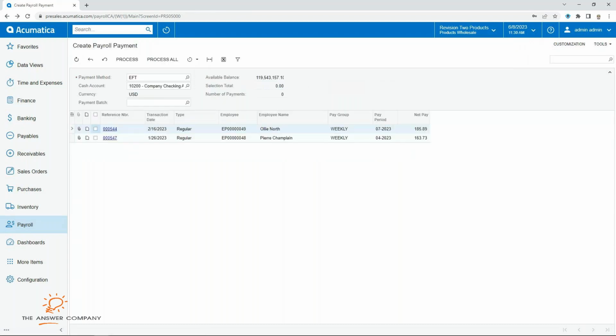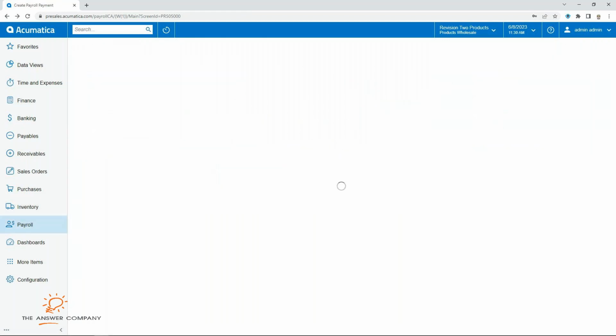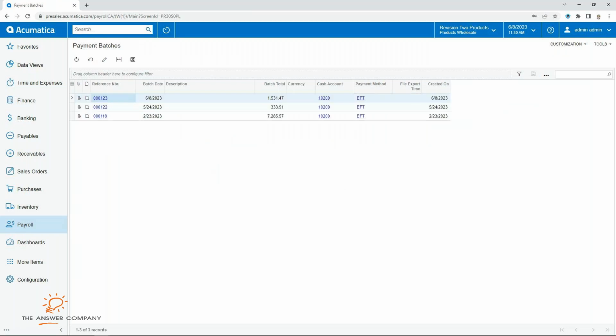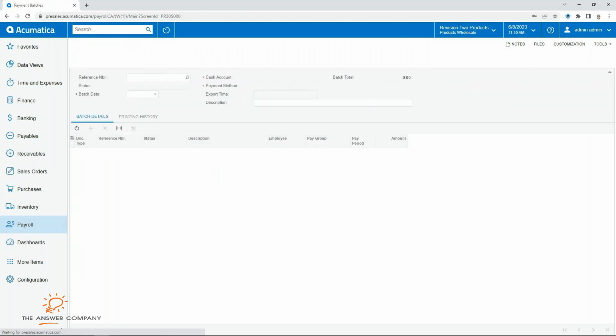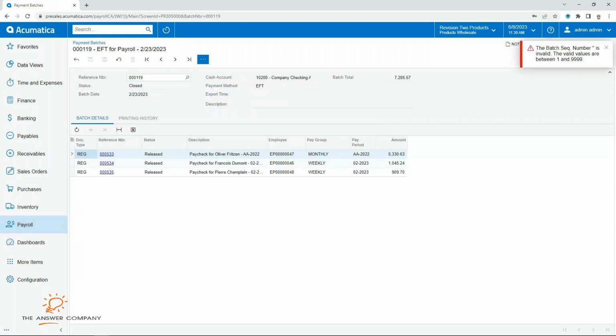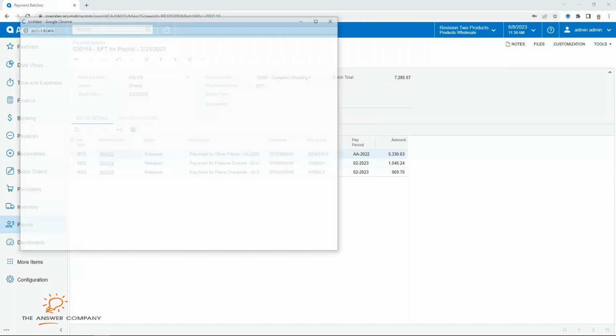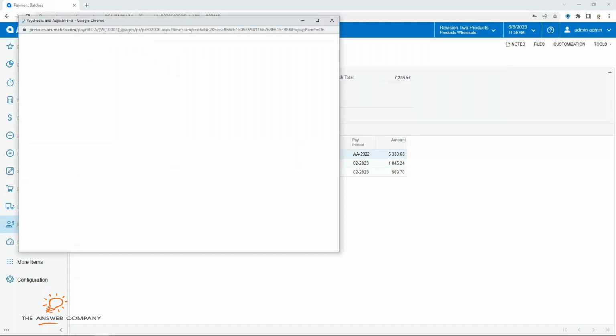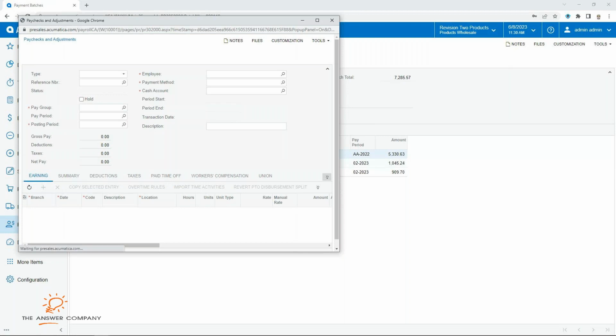And if I need to go and look at just what a payment batch looks like from the past that was successful. Oh, something wrong with that batch number. But that would be the end result, what we end up with: the file that we can upload to the bank. Now for the individual pay stubs, this is an example of what it would look like when I